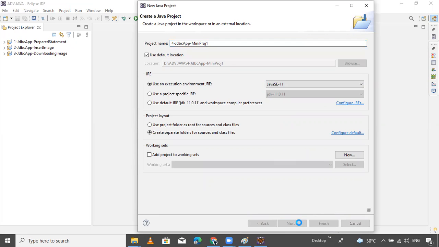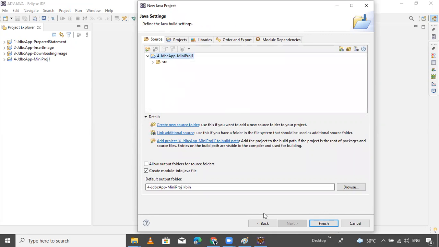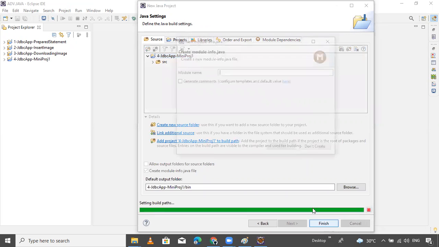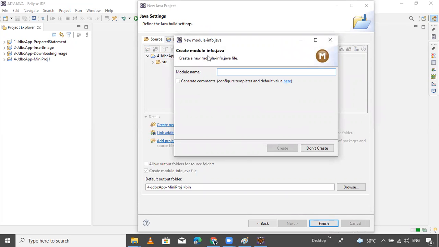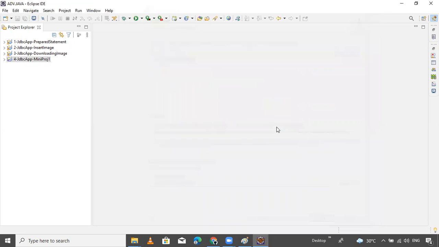Hit next. This is our directory structure, finish. I don't want to create a module, and I don't want to open the perspective. So our project is ready to work.